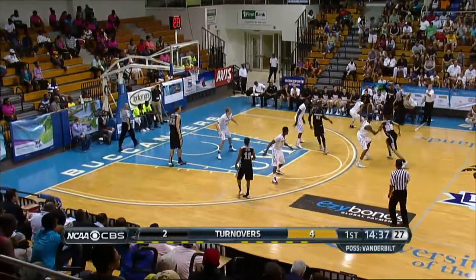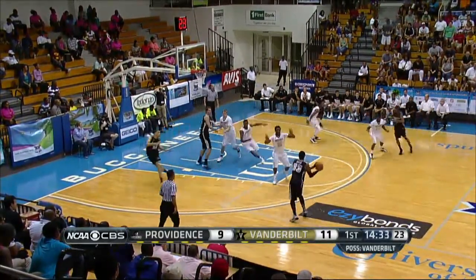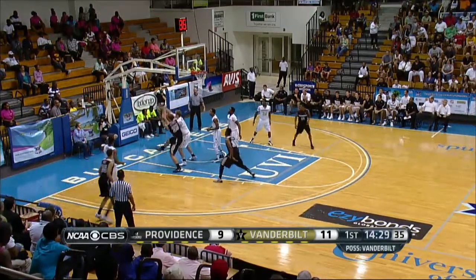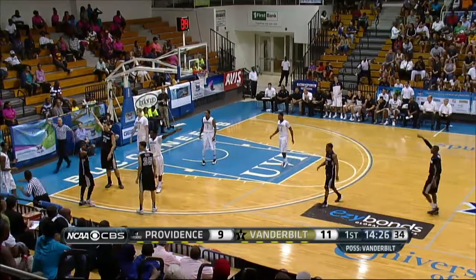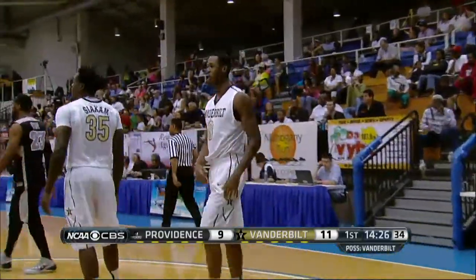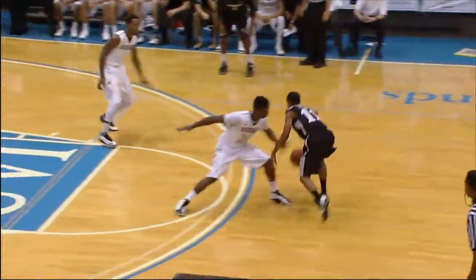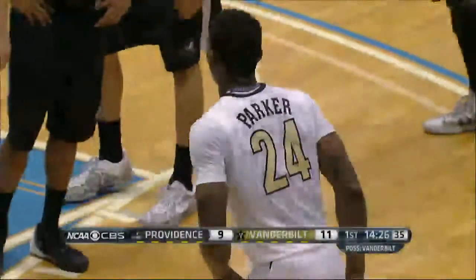Both these squads do an excellent job of floor spacing. Get the ball to the weak side. This is what we call the second side. Harris uncorks the three. No, battle among the big men. DeRosa and Josh Henderson for Vanderbilt. It's out of bounds, and it will stay in possession of Providence, but Dejon Parker with a big defensive play. Well, Cotton gets a little loose with it. It's difficult to reach in because of the new rules, but Dejon Parker, excellent steal, converts it to an easy